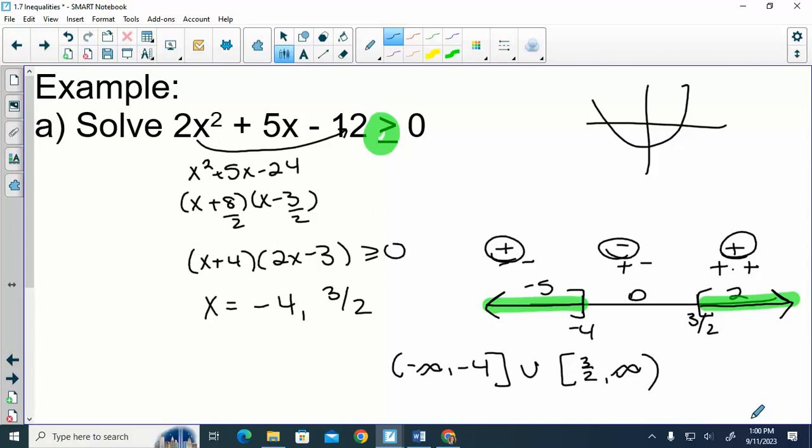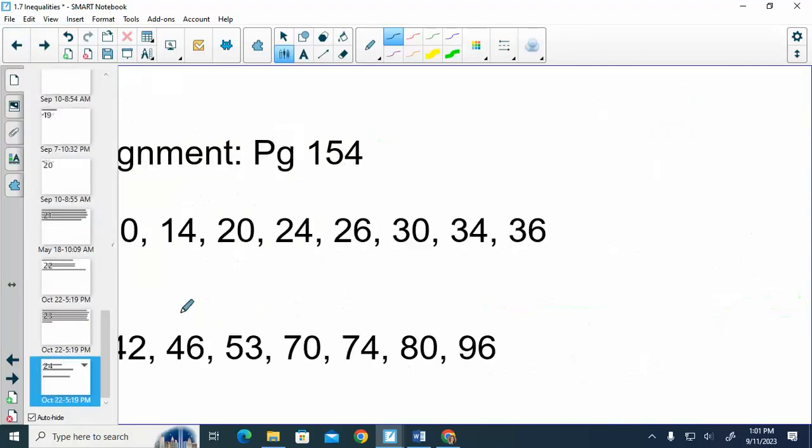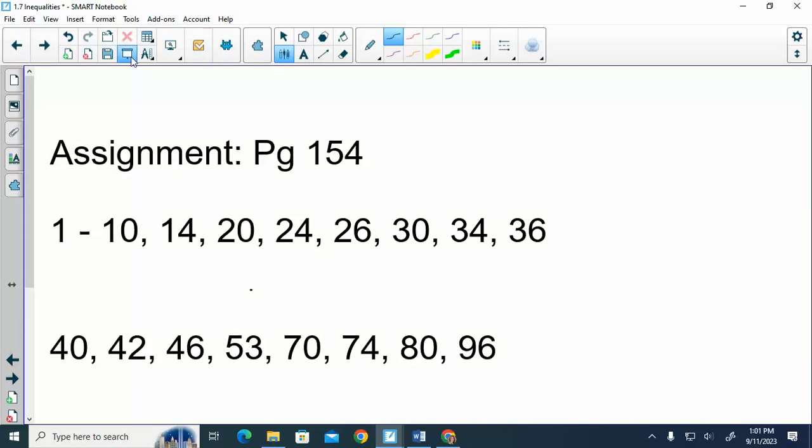Alright. I'm going to stop here today. So tomorrow, I'll probably do 1 or 2 quadratics to jog our memory, and then we'll do the rational inequalities, and that will be the end of this section. So for today's portion,